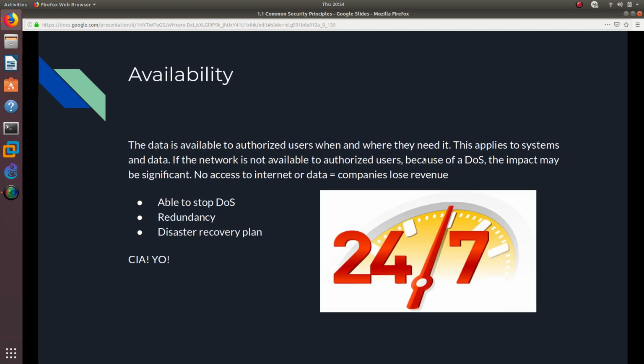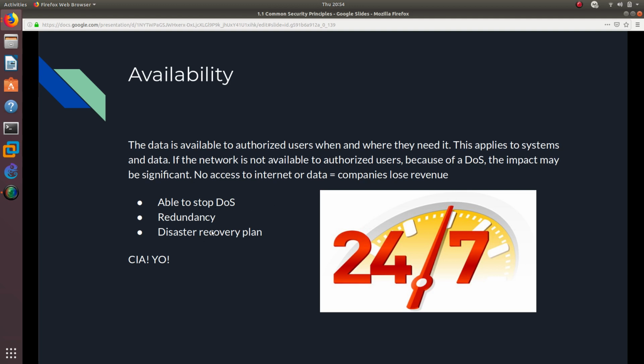So this is not good as well. You need to have something to protect you against DoS. Otherwise, you're not going to have availability, right? People won't be able to access the internet, and if you cannot have access to the internet or data, companies are going to lose revenue, and companies do not like when they lose revenue, right? And for you to be able to have availability, you need to stop DoS, the denial of service attacks,